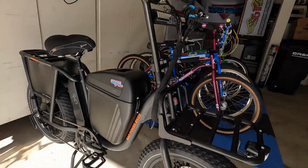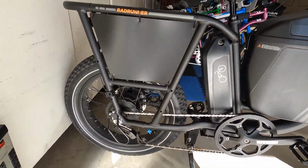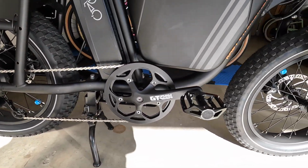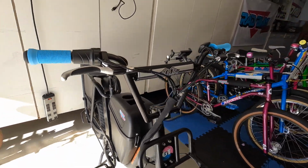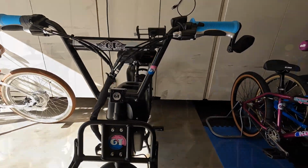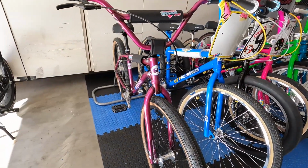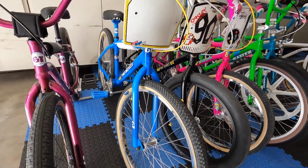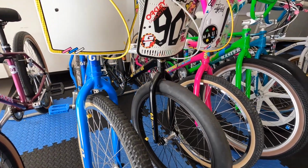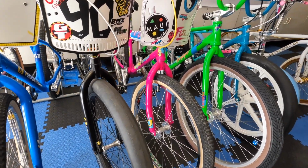First up, my Rad Power Bikes Rad Runner. It's an electric bike that I've kind of put some personal details on. Grips, bars, GT mallet stem. But let's be honest, you're here to see these. Check them out. The 26 GT Performer, 26-inch GT Pro Series, 24-inch GT Pro Series in black, custom 24-inch Dyno